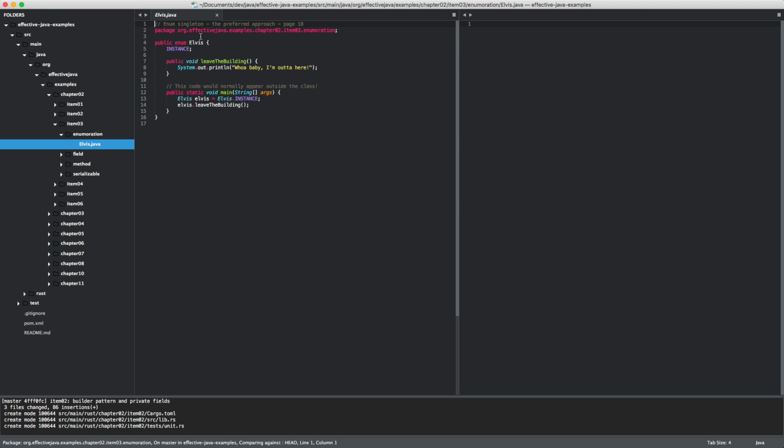So yeah, this is new apparently. This is new in Java 7 or 5 maybe, I don't know. At least it was mentioned, I think, as new. So having an enumeration of an Elvis with a single instance of itself, that's how that